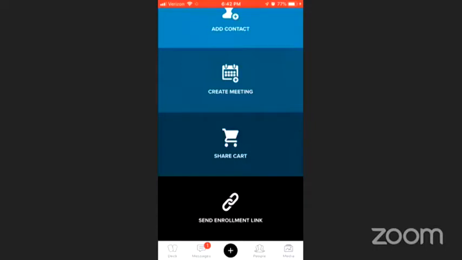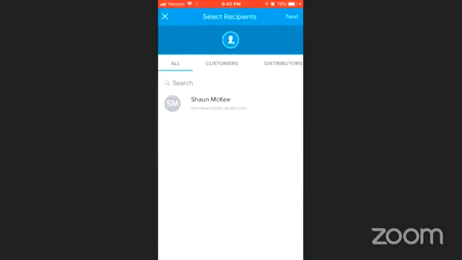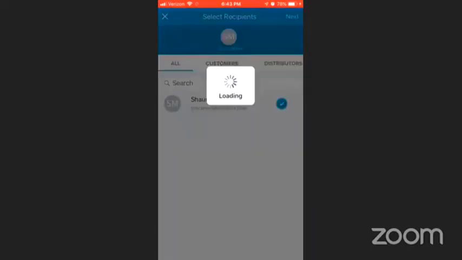Next, let's look at sending an enrollment link. Like sharing a cart, I assure you this is the fastest, easiest way to enroll somebody. In fact, it's even faster than sharing a cart. If you tap Send Enrollment Link, your list of contacts in the app appears. If you tap on the contact you want to share it with and then tap Next in the upper right,